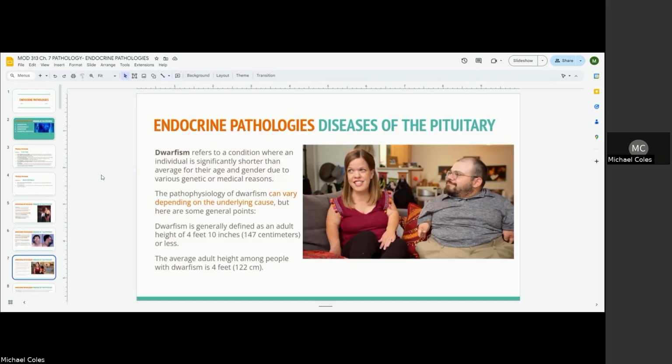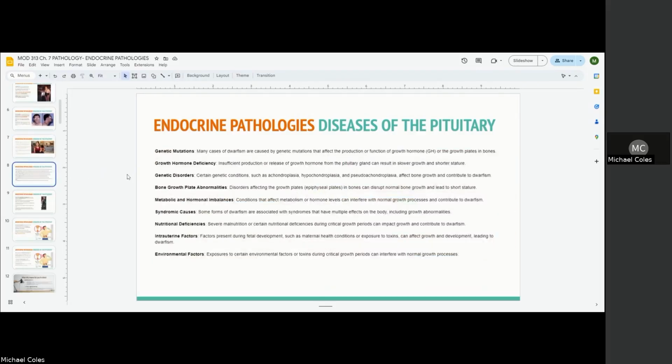Then we have dwarfism. So this is going to be an underproduction or downregulation of the growth hormone, but this is going to be due to many different factors, right? So the defined height is going to be 4 feet 10 inches or less, and the average height of dwarfism is 4 feet. So there's measurements, but the way you get to this and how this happens is from many different things: environmental factors, genetic